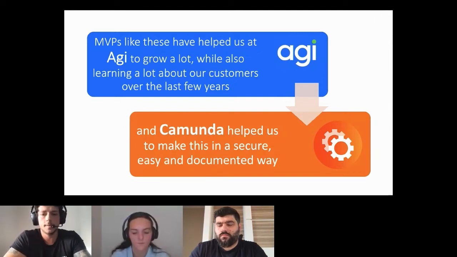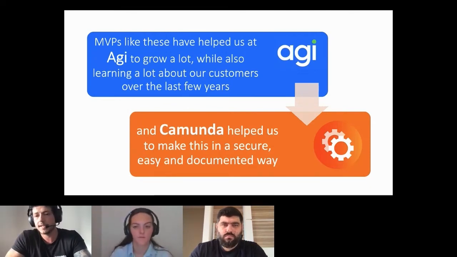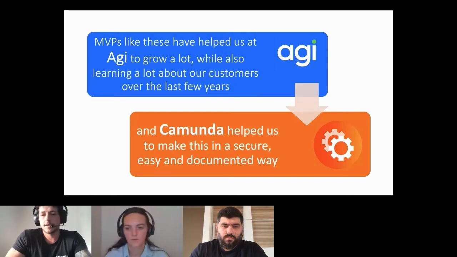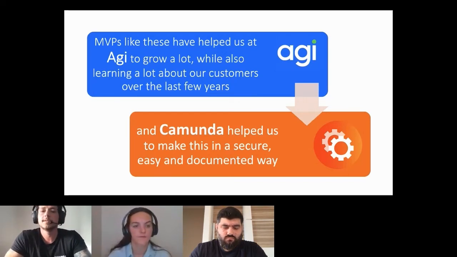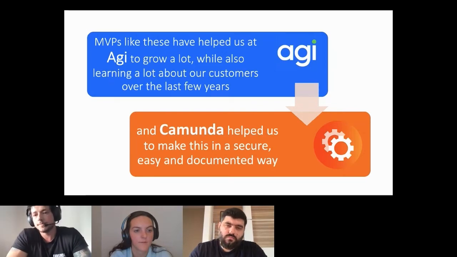We can develop and bring to production a lot faster, knowing that if an exceptional case happens, I can have a manual task, a user task to fix this, or an incident in my cockpit. And even with the worst scenario, an incident, I didn't lose any customer data. I just need to fix this, retry, and my customer wouldn't even know that this problem happened.